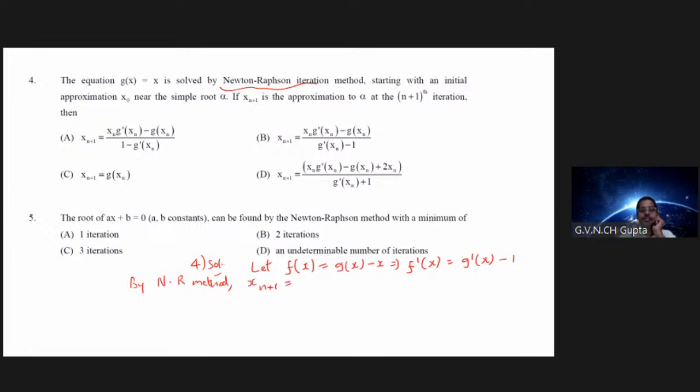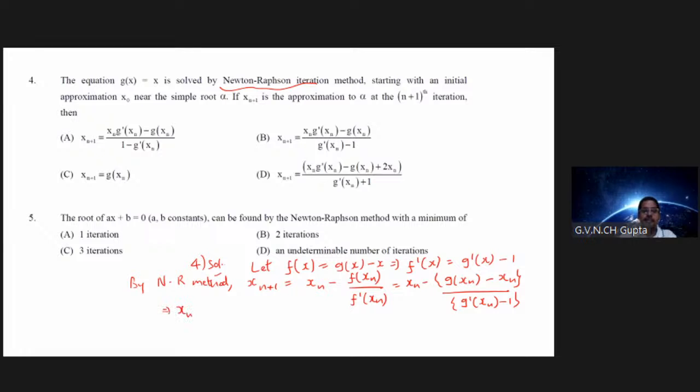x_{n+1} is equal to x_n minus f of x_n divided by f dash x_n. In f of x and f dash x, put x equal to x_n respectively. So you will be getting g of x_n minus x_n divided by g dash x_n minus 1. Now the minus in the numerator I can adjust with the denominator so that the two terms in the denominator interchange, or you can leave it like that also. Just by taking LCM,